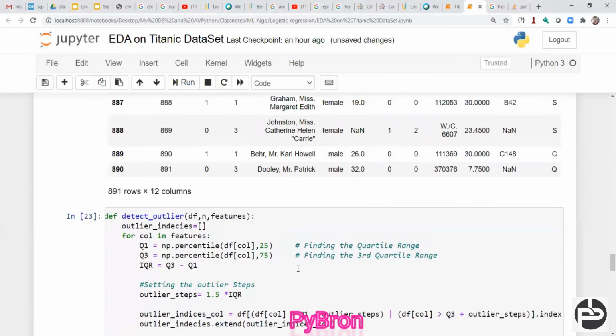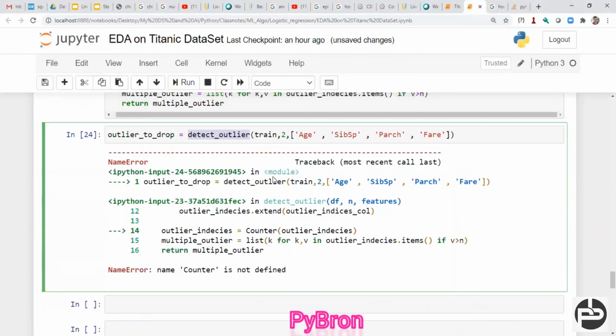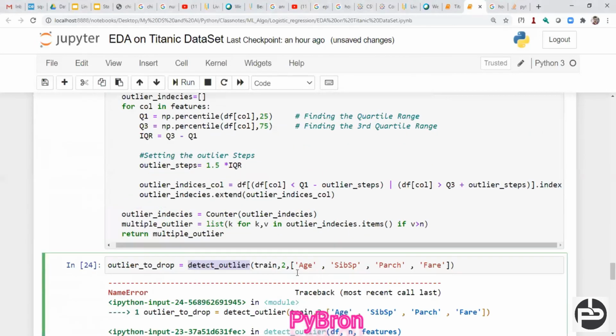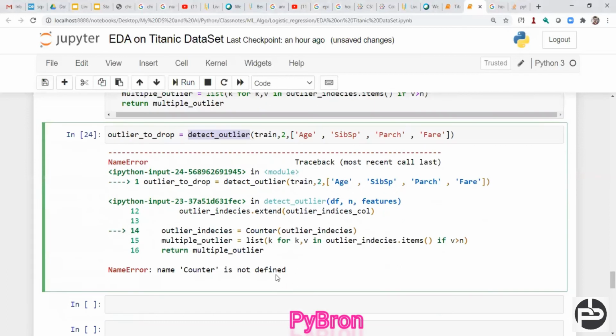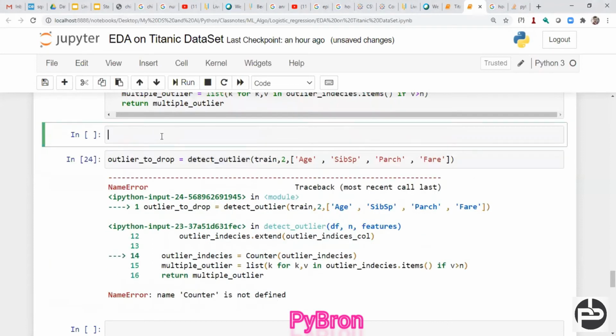Okay, it is giving an error. No worries. Counter is not defined, sorry. So we can define the counter. It is under collections, so I have to import that package first: from collections import Counter.